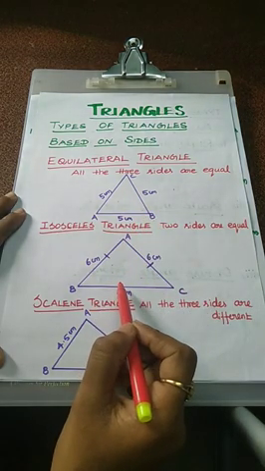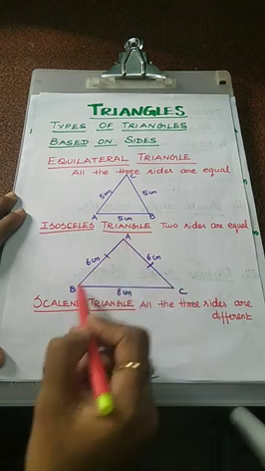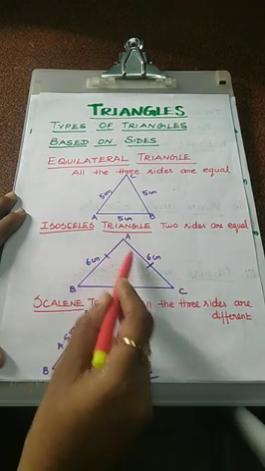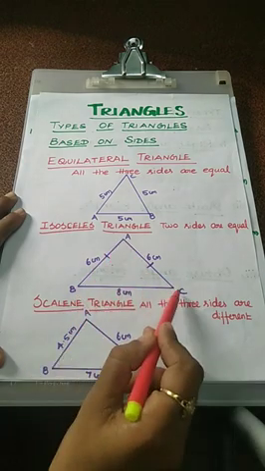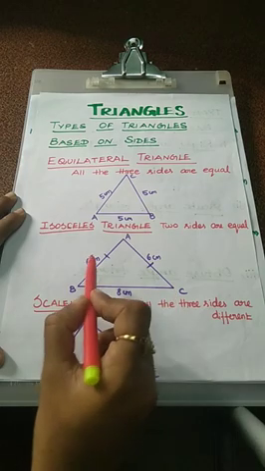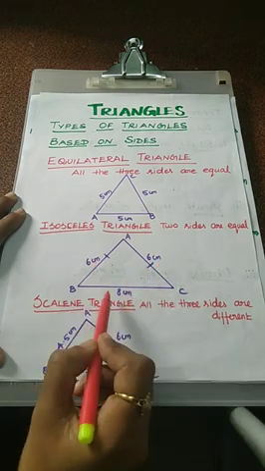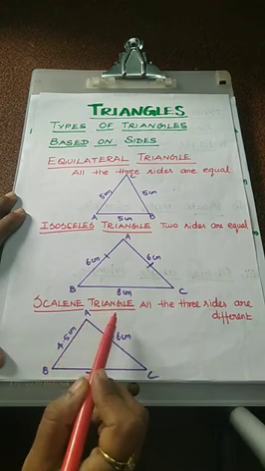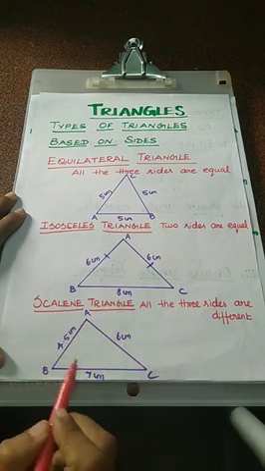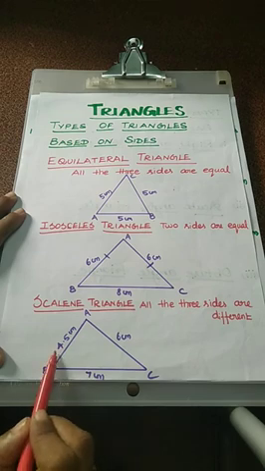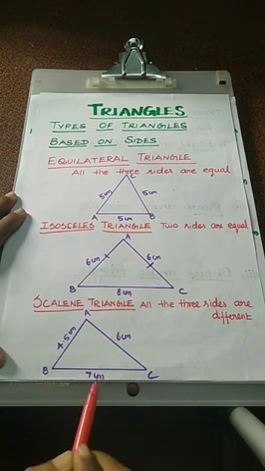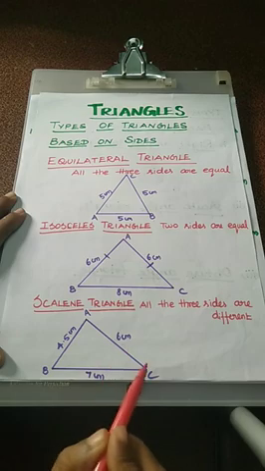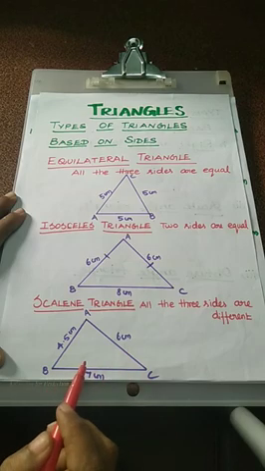The next one, isosceles triangle. You just look at the values, AB value 6 cm, AC value 6 cm, BC value different, that is 8 cm. Two sides of a triangle are equal means it is an isosceles triangle. The next one, scalene triangle. All the three sides are different means that is a scalene triangle. AB value 4.5, AC value 6 cm, BC value 7 cm. All the three sides are different, so it is a scalene triangle.